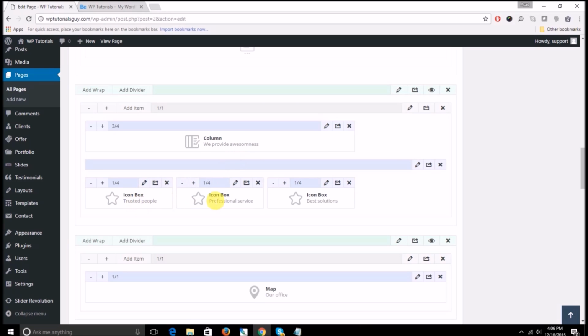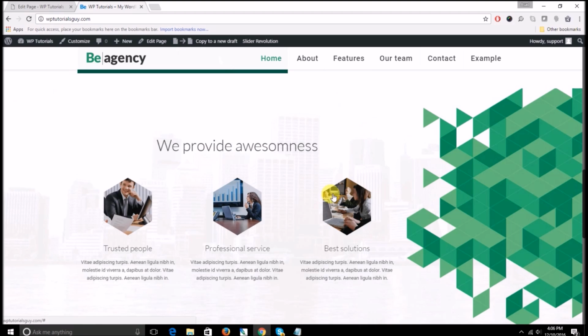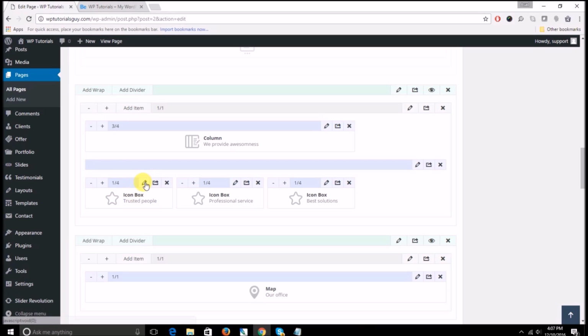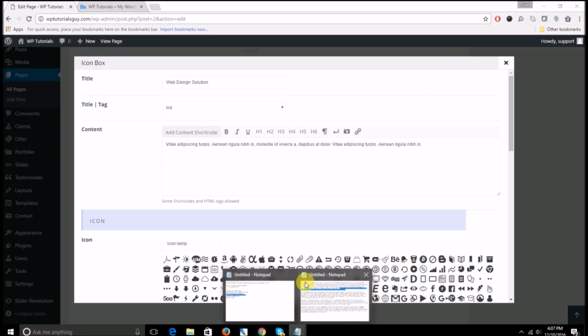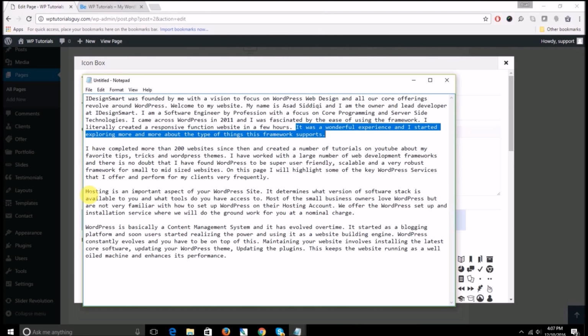Now we have an icon box type thing that they are using. So the element that they're using for this is an icon box, and they're using custom images and some text. So instead of using theirs, we are just going to modify that. So we'll click on the little pencil, and where it says Trusted People in the title, we'll say something else. We will just keep the H4. H4 means the heading 4, and here is the text that they have. So instead of that, we can say something like